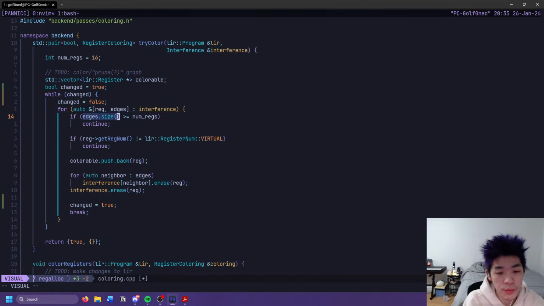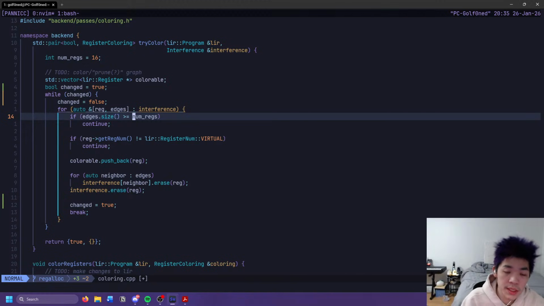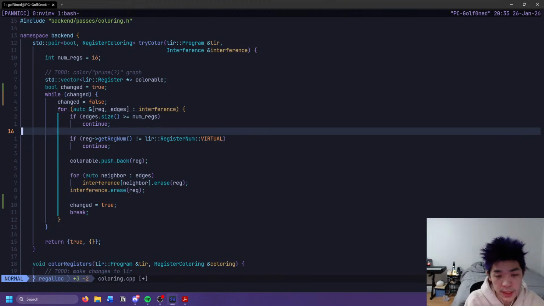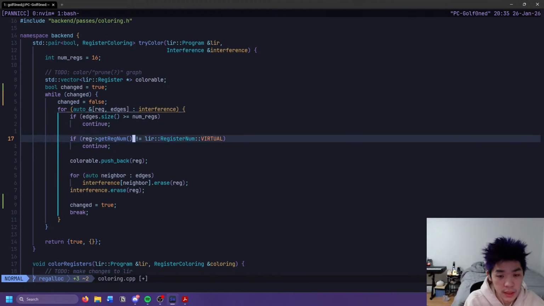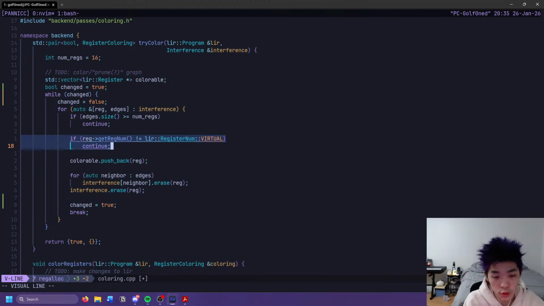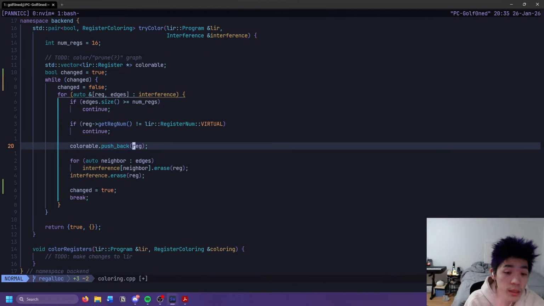And so if the degree is greater than or equal to the number of registers, so I guess n, we can't do it. So from this point forward, degree is less than n. And then we skip non-virtual registers. Then we add the register to the stack. We get rid of all edges to this register, and then we get rid of the register, I guess.